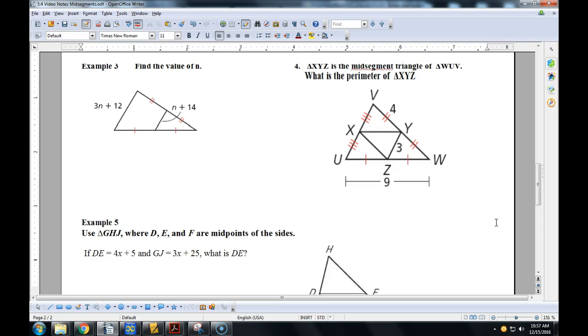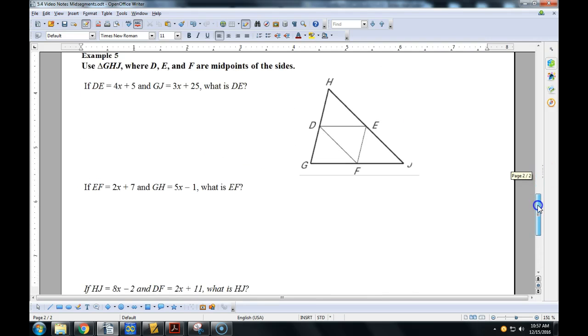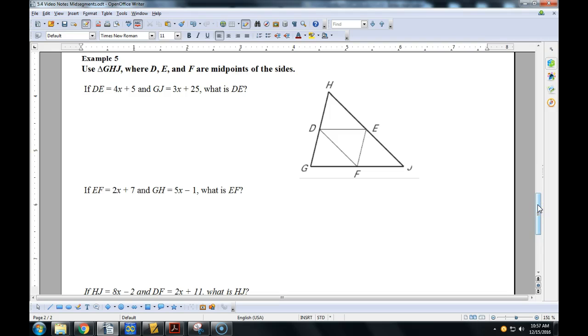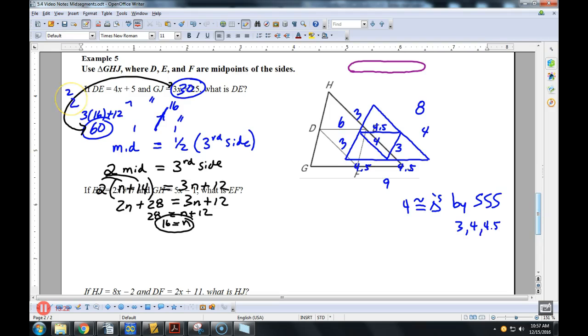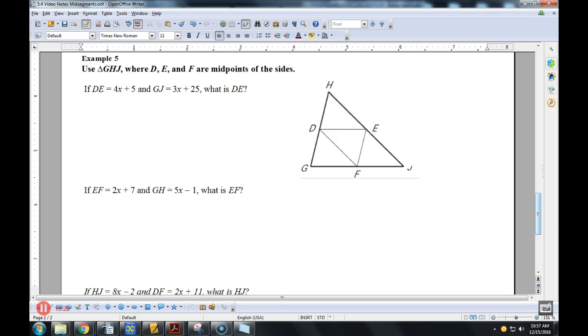Alright, we got one more example. It looks like example 5. It's got a couple, 2 or 3 parts to it. So let's get after this one. If DE is 4x plus 5, and GJ, that's the big dog down here, is 3x plus 25,